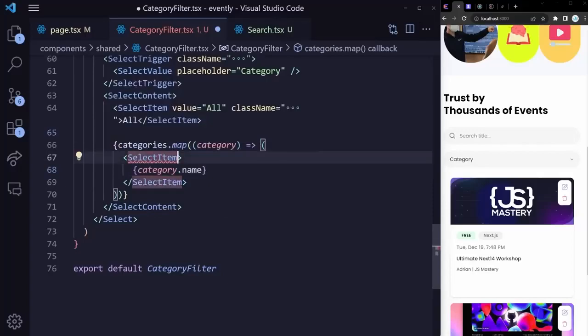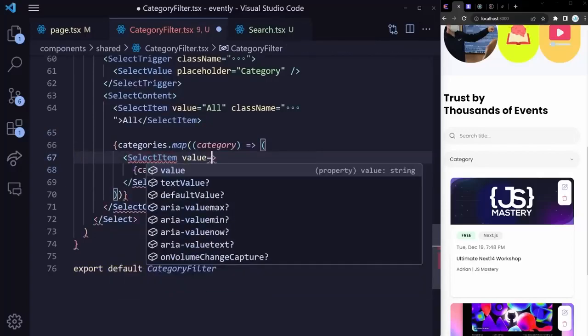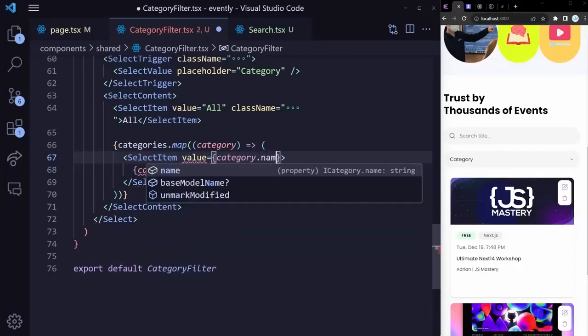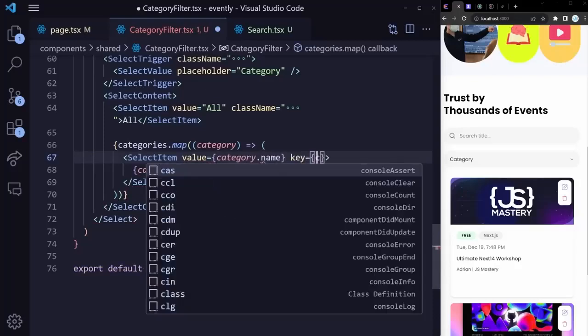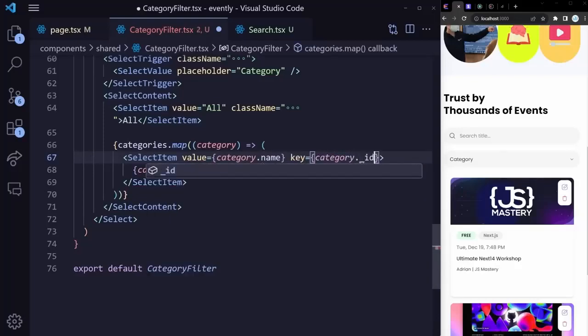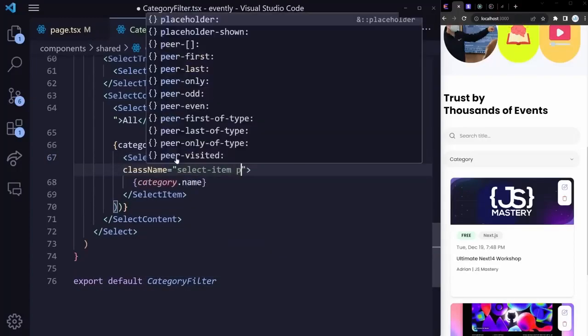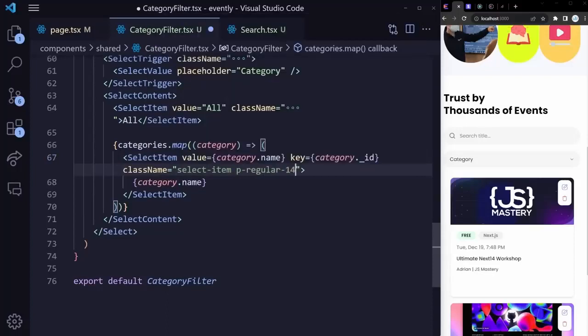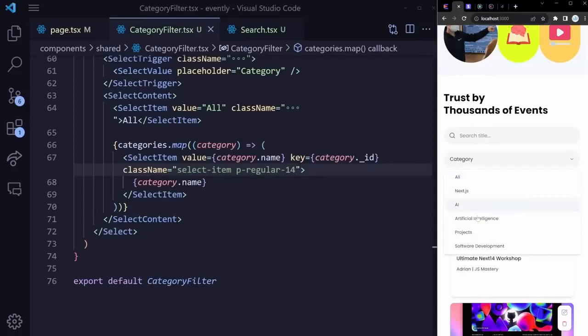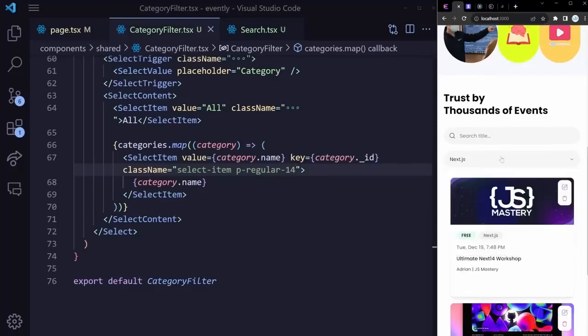Each select item needs to have a value equal to category.name, a key equal to category._id, and a class name equal to select-item p-regular-14. If we now save it, you can see we get all of our categories, which is great,